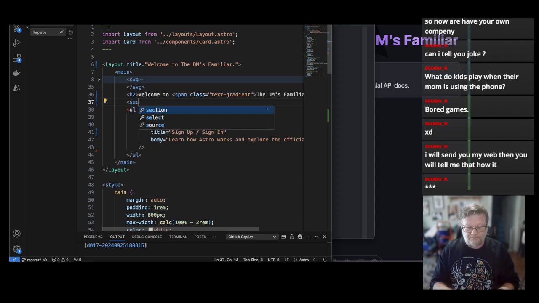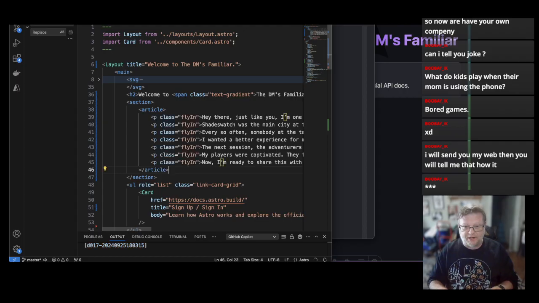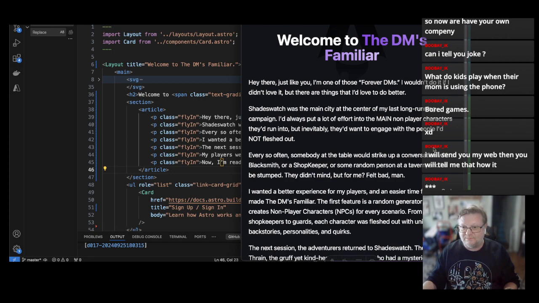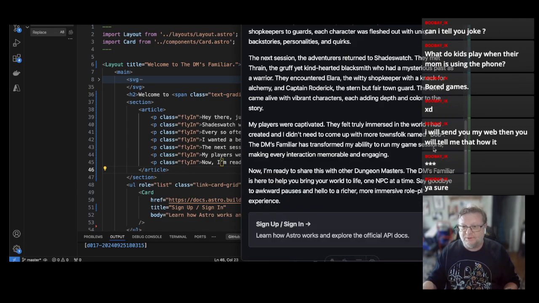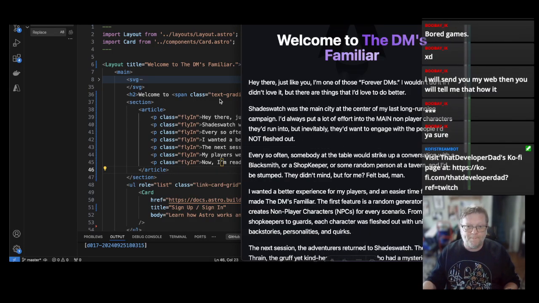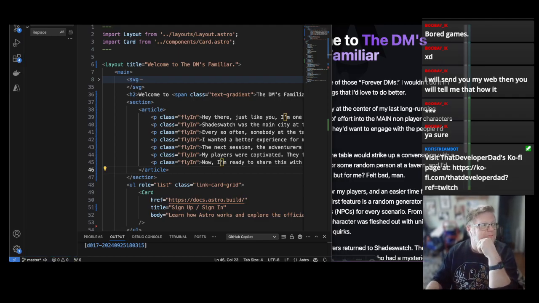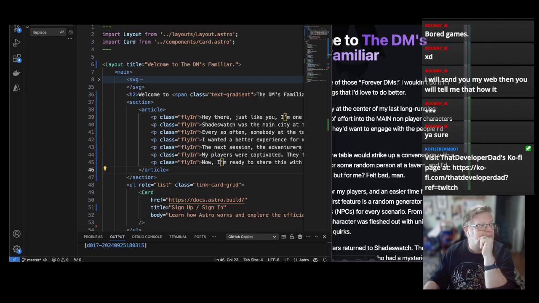So we're going to add a section here. And then I'm going to paste that article in here and save. Okay. Now, the next thing I got to do, because that's my text content, I need to